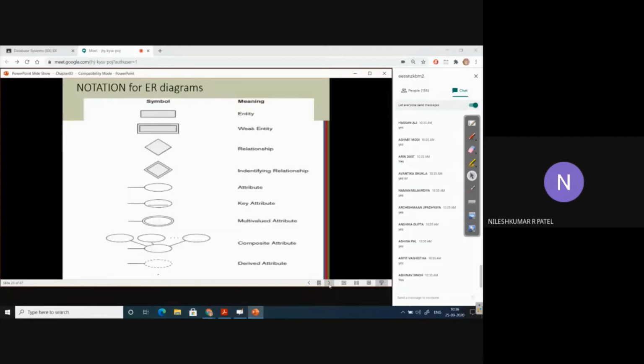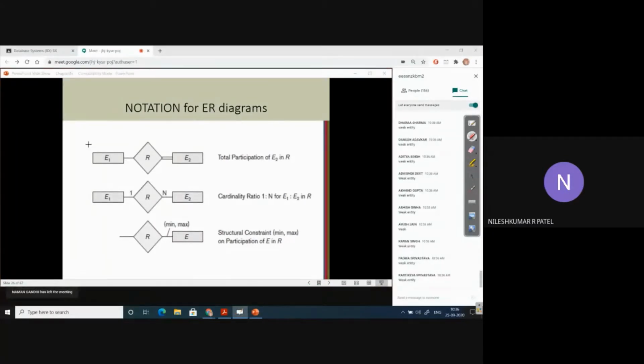Then we discussed all the symbolic notations. Please give me the name of this symbolic notation. What type of relation, what type of symbol is it, or what does it represent? Weak entity type. This particular symbol is for identifying relationship type, right? So you know this, right? And we will discuss when we will be using these two symbols, and a few more symbols in the next slide, that is these three symbols, and mainly we want to discuss this too in today's class. And we will also discuss how to create an ER diagram, the ultimate ER diagram.